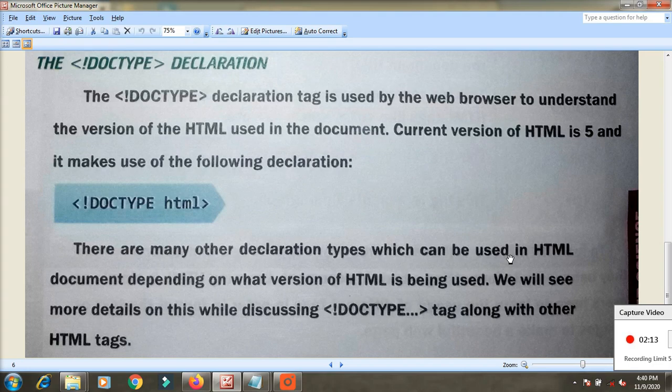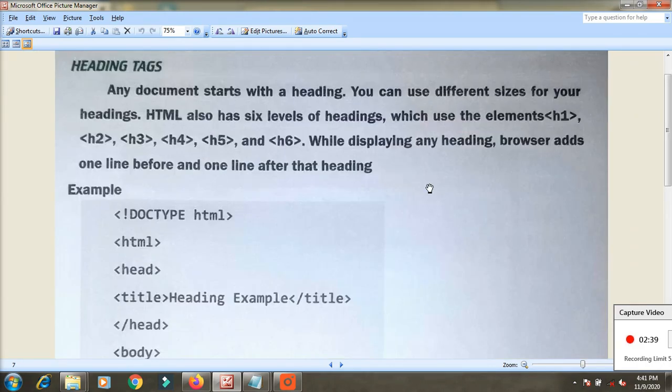We will see more details on this while discussing the doc type tag along with other HTML tags.